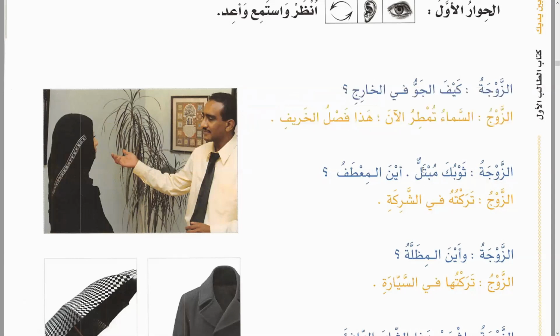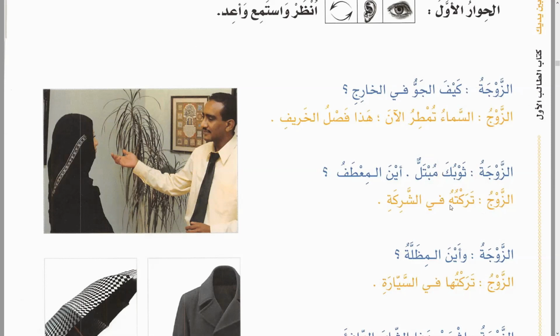But this is the object, mubtallun. That is, your shirt is wet, right? It's like, right? Ayn al-mi'taf, where is the coat? So she says, where is the coat now? Okay. So this is the new word, mubtallun. Even if you just memorize this it is fine, because we'll learn about the mazid fihi. These are all advanced things which we'll learn in the future. But I have to tell something, right? Because if you understand the mazid fihi now, things will open up easily, right? We'll understand many things through that link. It becomes a whole cycle, inshallah.